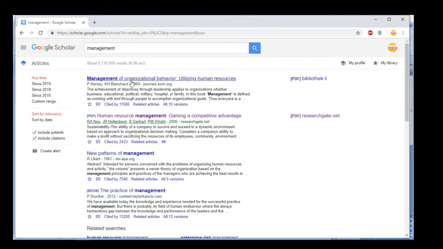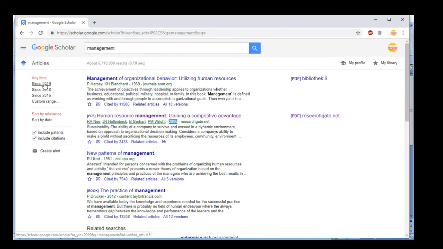Somebody did research on management of organizational behavior in 1969, and somebody told us about gaining a competitive advantage through human resource management in 2006. This is somewhat old research for us because we are now in 2019. So obviously we have to look for recent topics so that we can move further on those.